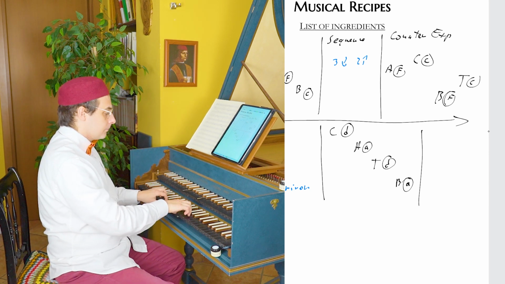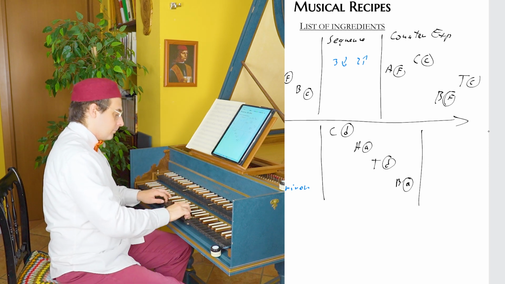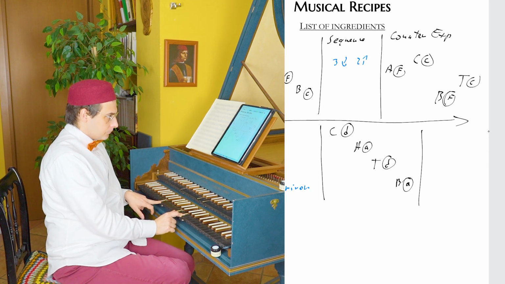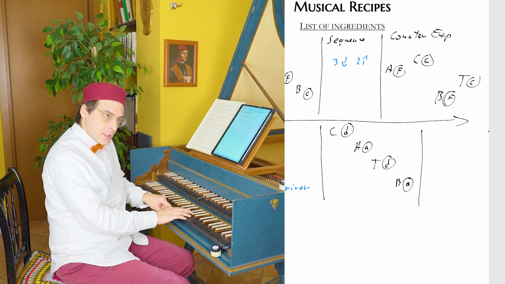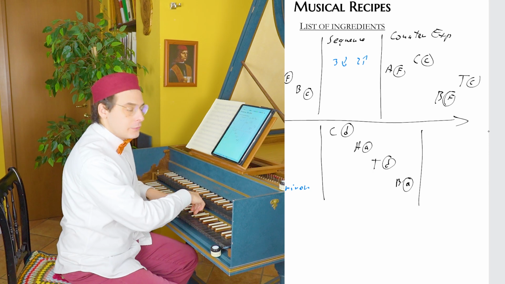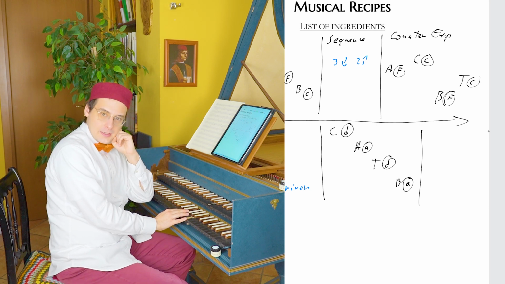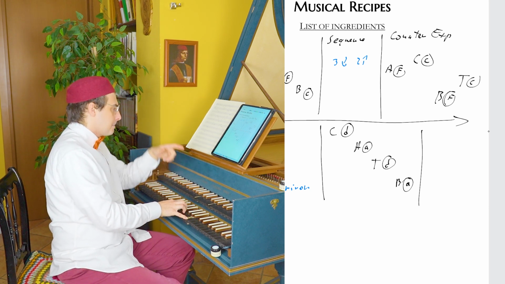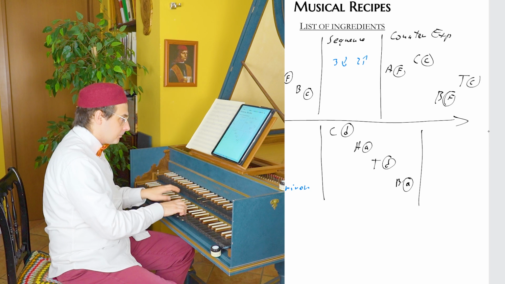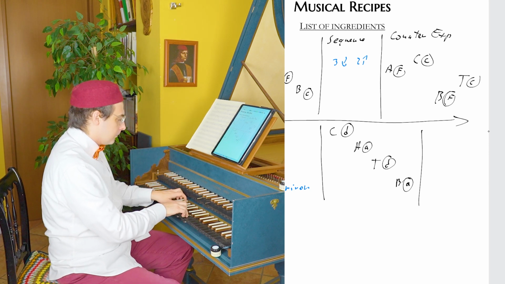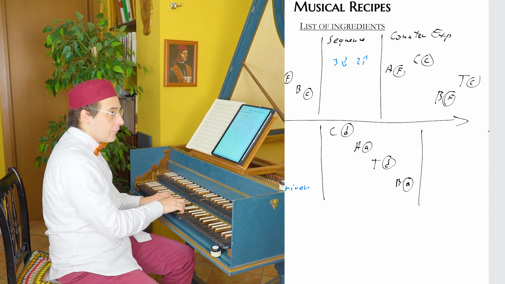So then alto, sol, D, F natural, F sharp in order to move to G sharp. And we continue with two voices in order to make clear the subject. Then, for example, tenor, la, sol, la, for example, la, sol, la, fa, and then